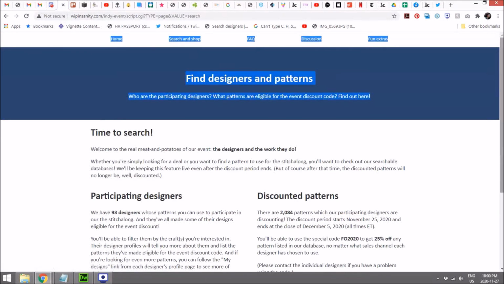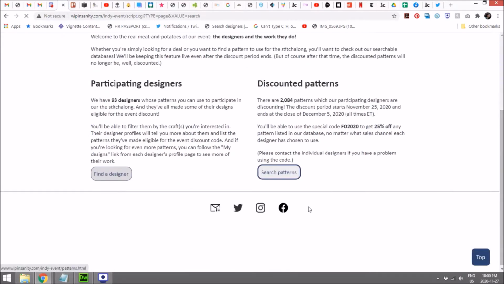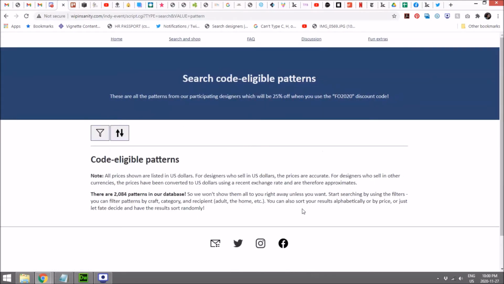So now we're going to take you through the pattern search, which is more involved and a little more complicated. Unlike the designer search, you don't see a whole bunch of options already when you load up this page. The reason for that is that we have over 2,000 patterns, and it would be a great big page load if we just dumped it all on you as soon as you hit this search page. And remember, all the patterns have images, so nobody's going to appreciate that kind of time suck, especially if they're on mobile and using their data plan. Not a good idea. So you have control here.